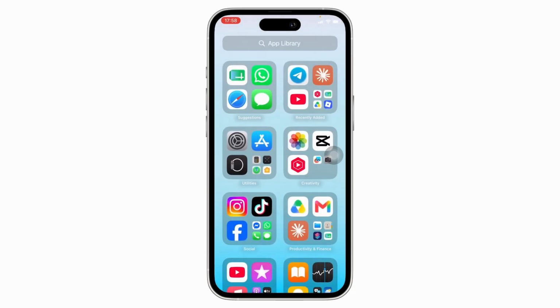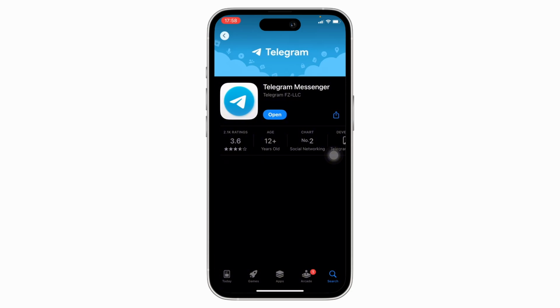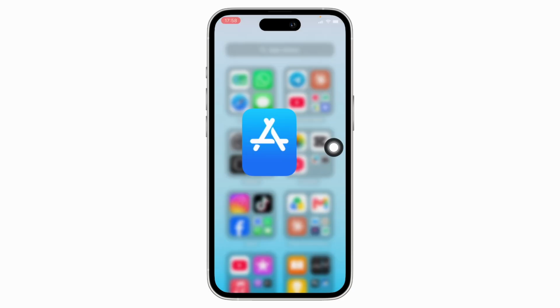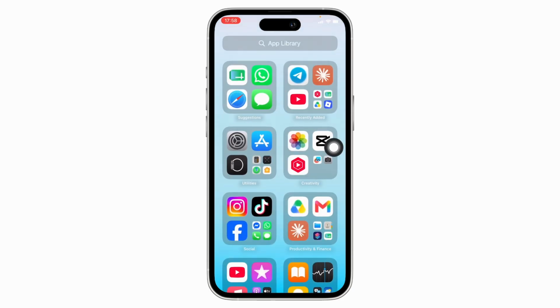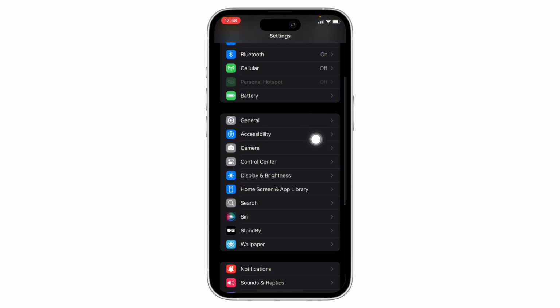See if that helps, and if not, then open App Store on your device and tap on the search bar and search for Telegram, and make sure that the Telegram application is updated to its latest version, and if not, then update the app. See if that helps, and if not, then open settings again and then tap on general